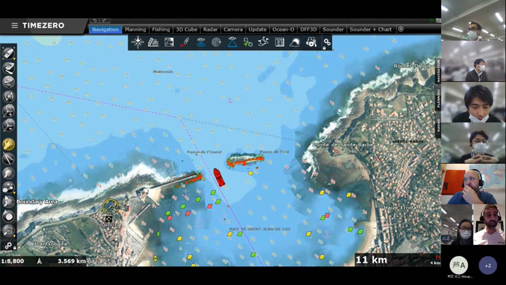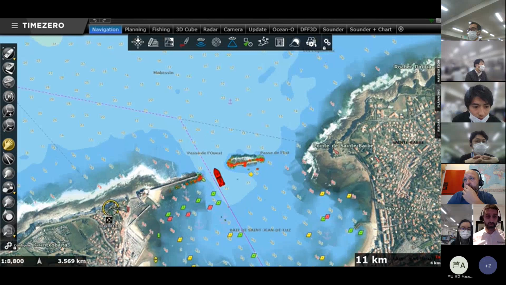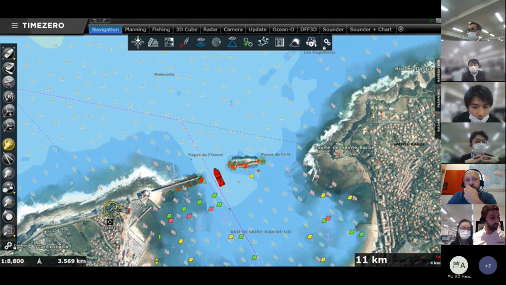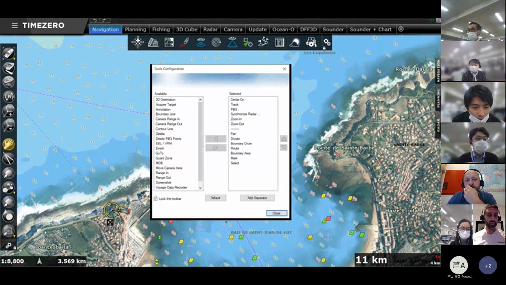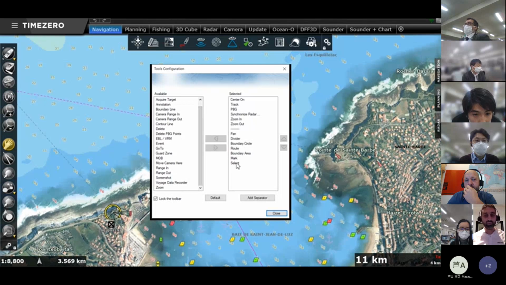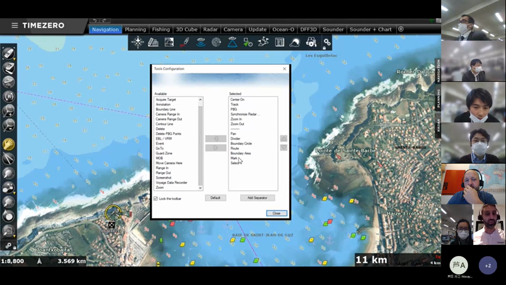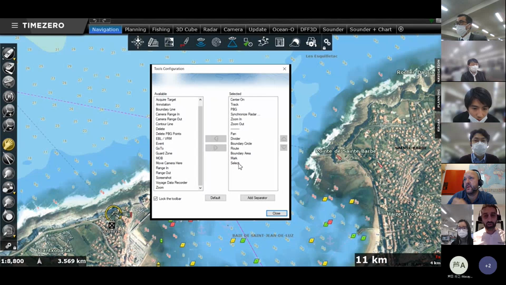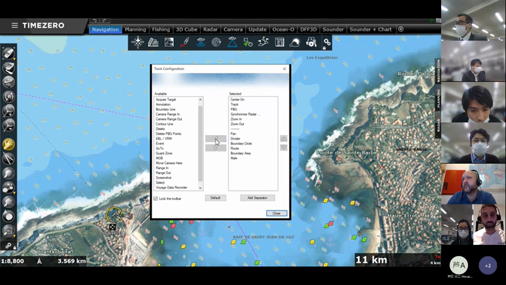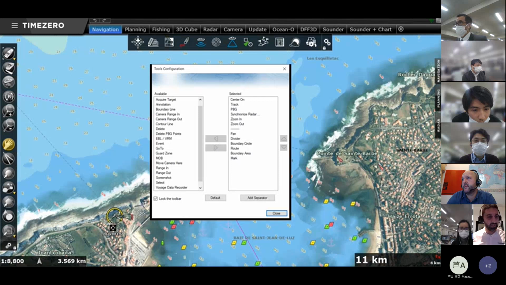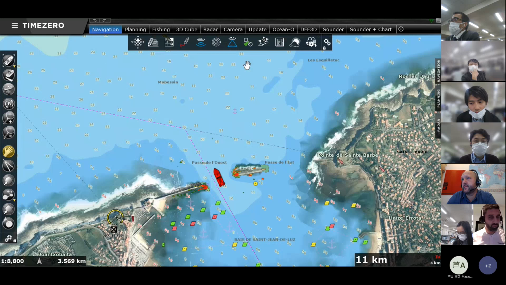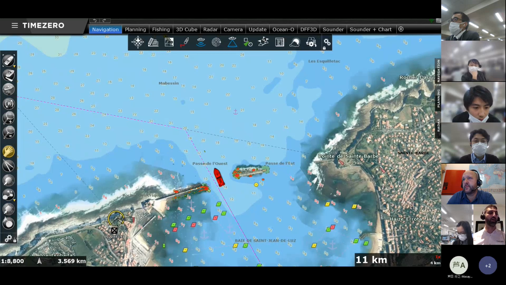This toolbar is fully customizable. There is a button at the bottom here that is called Configure Tools. When I click on that button, I can add new tools or delete tools that are not interesting for my daily use. For example, if I want to take out this tool that is called Select, I can just remove it from my toolbar. The tool is here at the bottom, you can see it. And when I close that window, you see that the tool has disappeared.